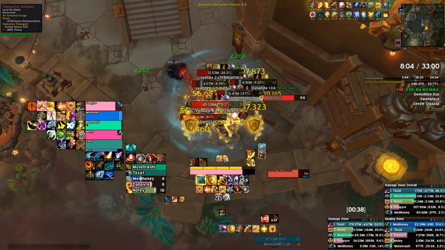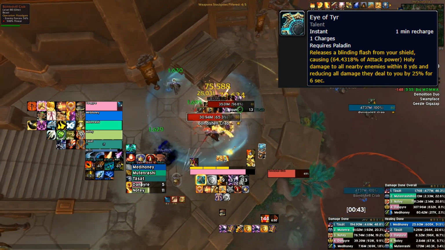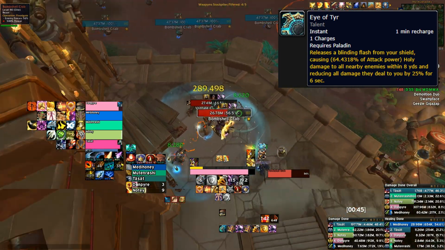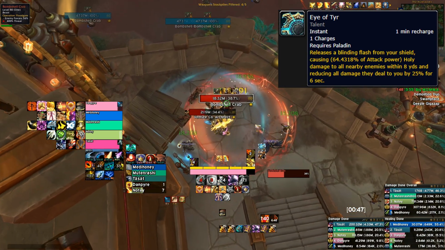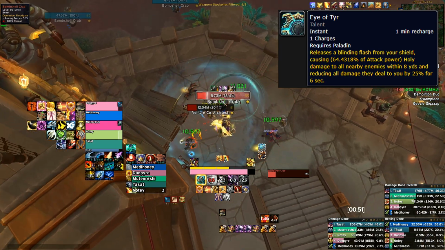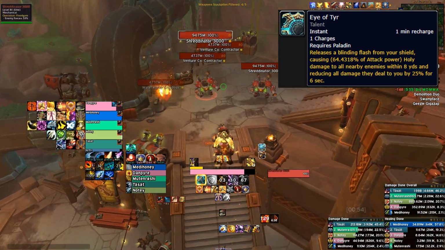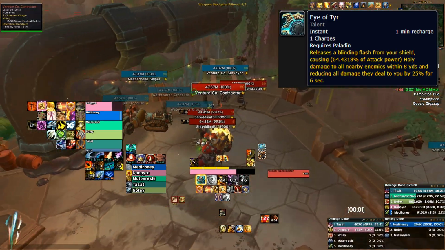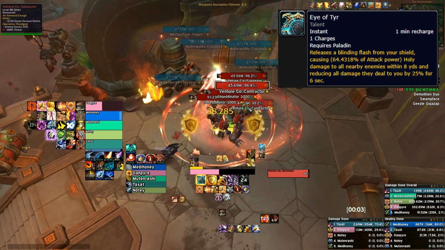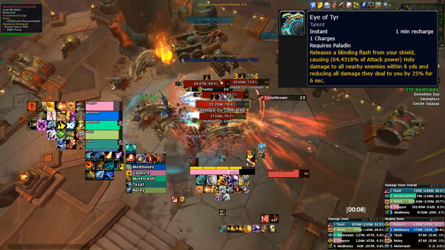After that, we have Eye of Tyr, which releases a blinding flash from your shield, causing holy damage to all nearby enemies within 8 yards, and reduces all of the damage they deal to you by 25% for 6 seconds. So basically look at Eye of Tyr as one of your main defensives that you can use alongside Shield of the Righteous, and you basically want to make sure Eye of Tyr is always on cooldown,